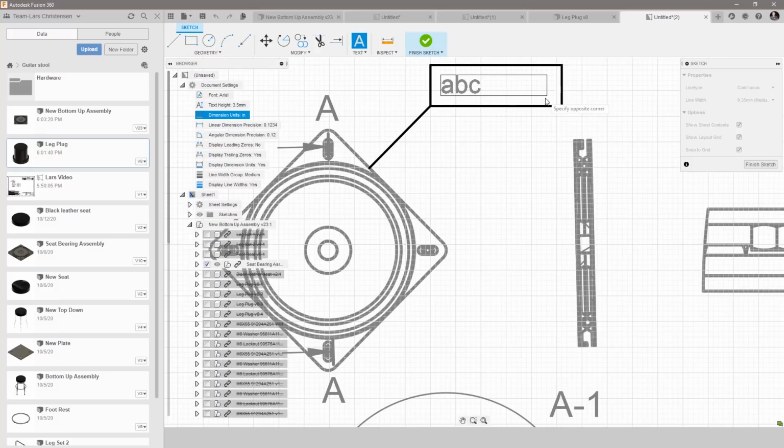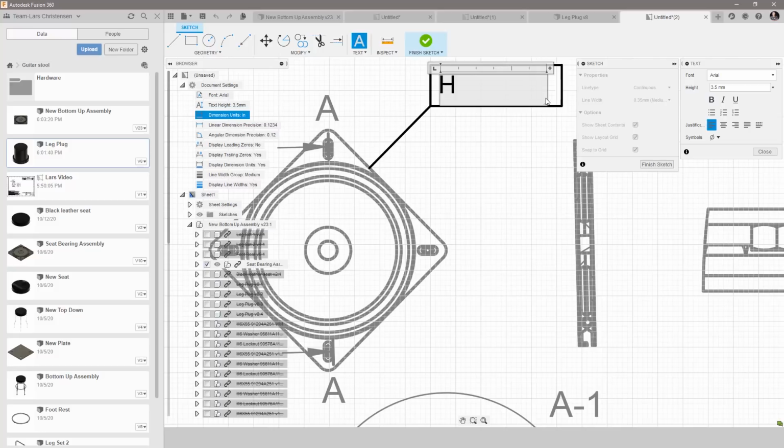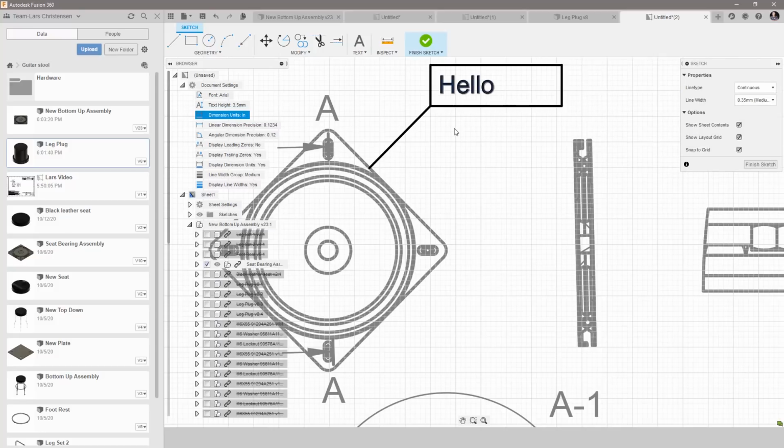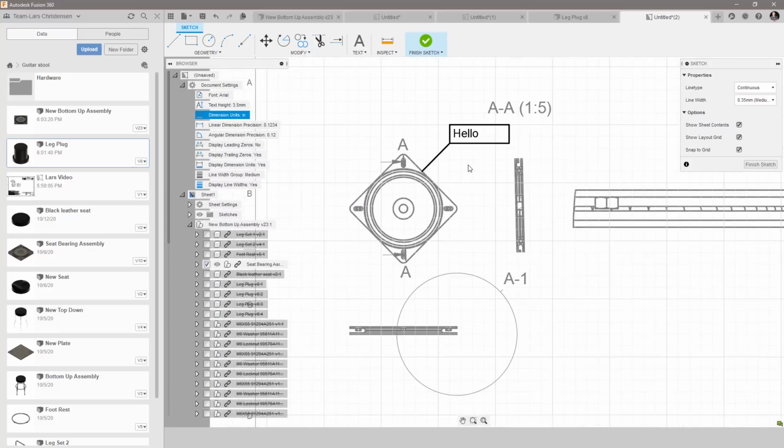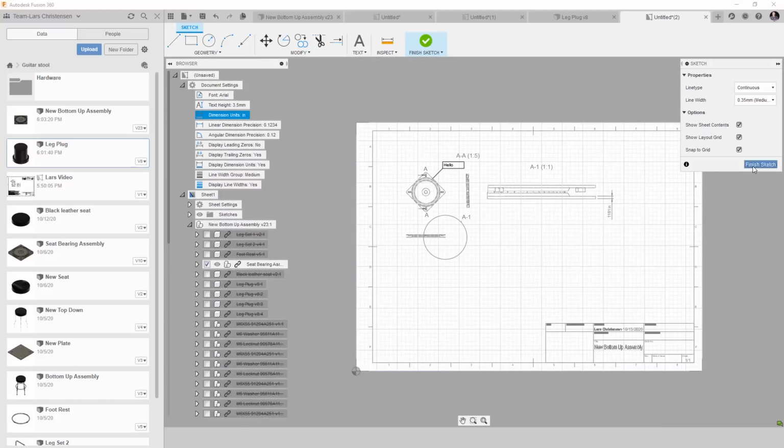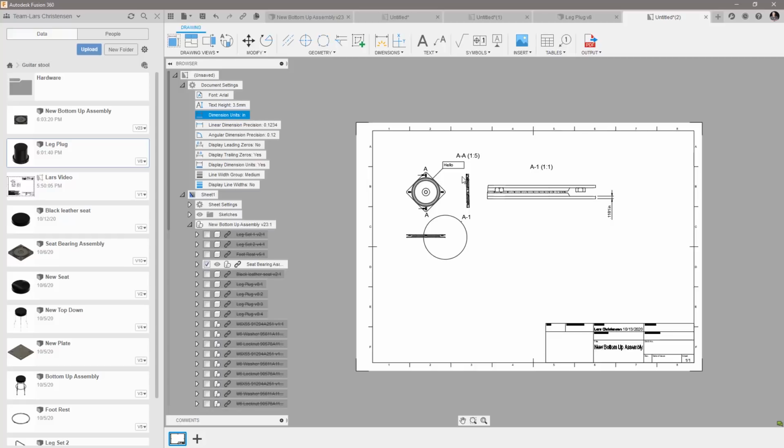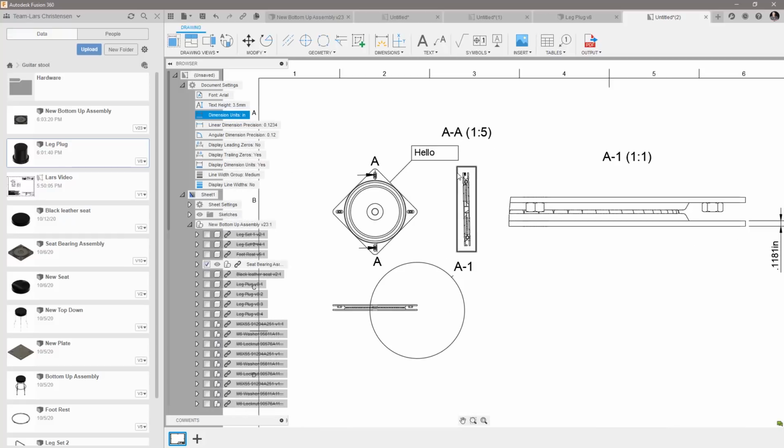Again, we can type in these different things in here and work with that. So in the sketch, and you can do that. So that is nice too, that we now have these options to draw things in. In a perfect world, you would never need to sketch in a drawing,